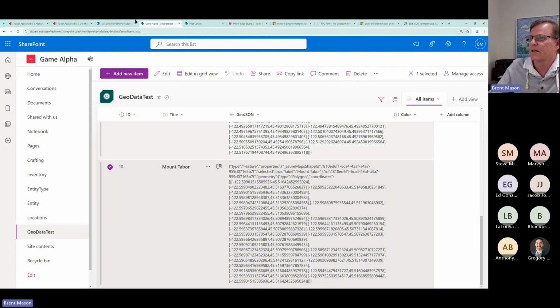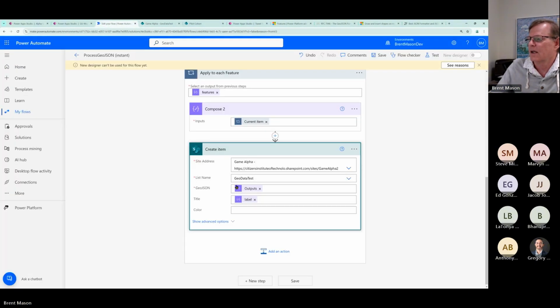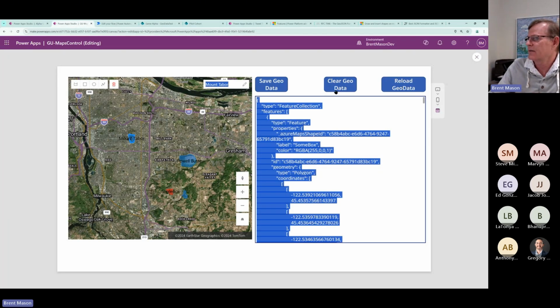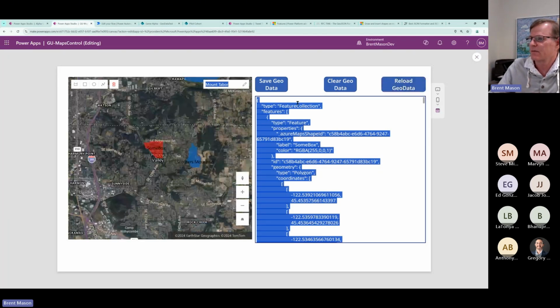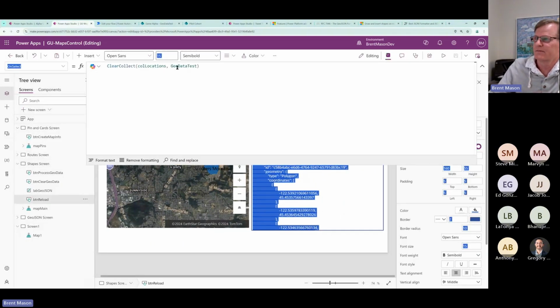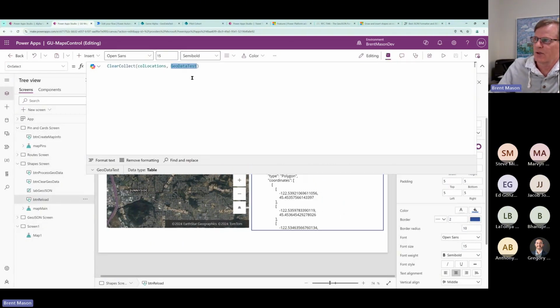So those are always going to be the same, and that's it, right? It writes it out to SharePoint. Reading it in from SharePoint, whoops. Well, yeah, I clicked on it, but I wanted to show the code, right? One line of code. In this case, I'm just pulling in all the records and putting them into a collection